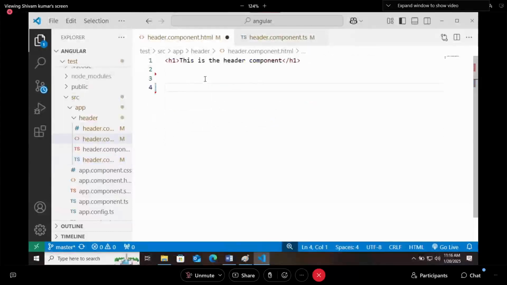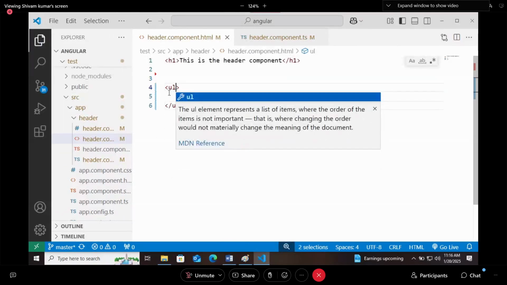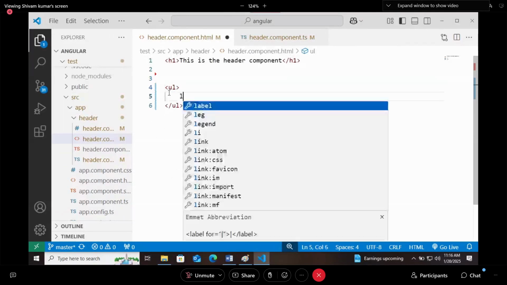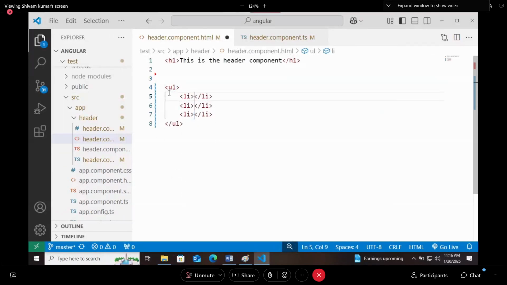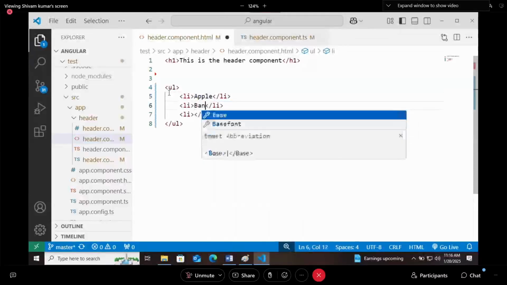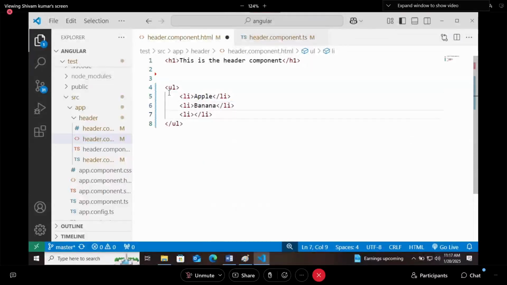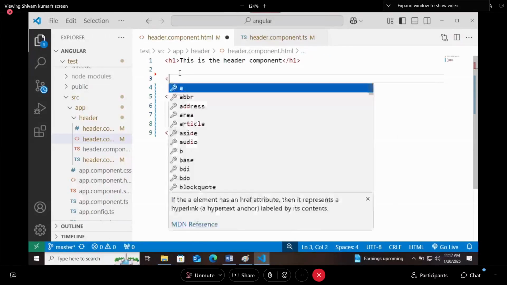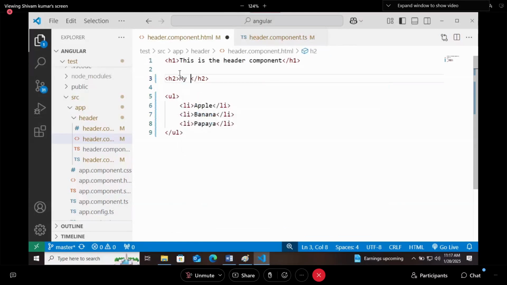Now in this, what I will do is, let's say I'm creating an unordered list. Inside this, I will create some list items. Let's say apple, banana and papaya. Over this, I will show a heading, my favorite fruits.